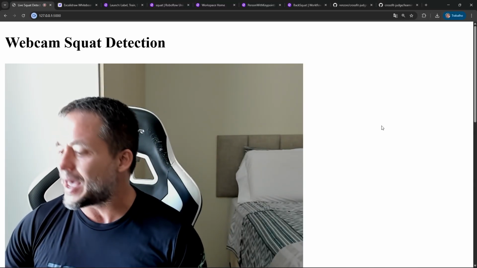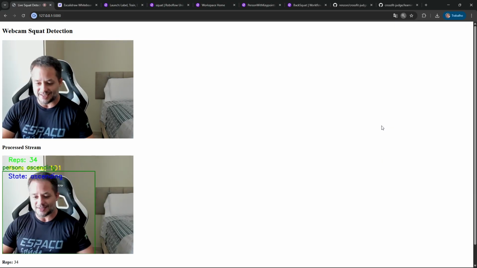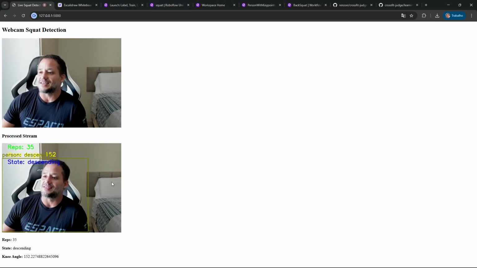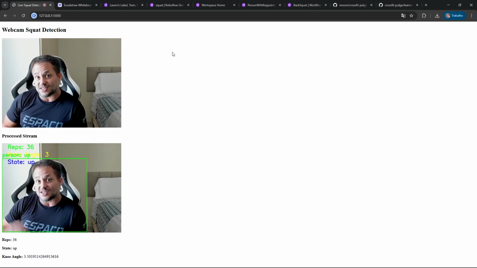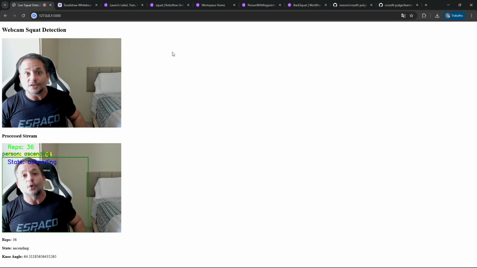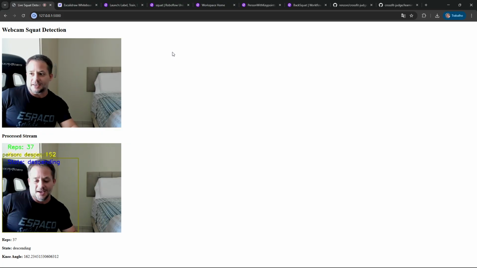So let me zoom out. Here what you're seeing is the main application, something that is going to count the exercise repetitions, what you call reps in CrossFit. I'm going to do a back squat, which is my favorite exercise in CrossFit.